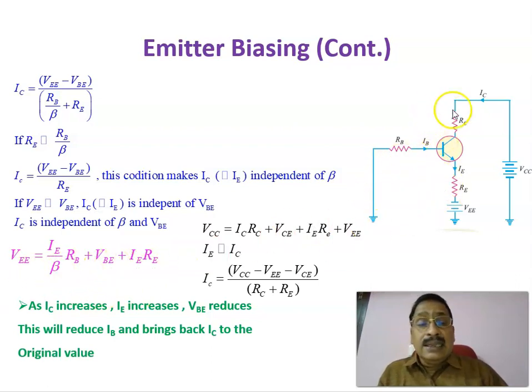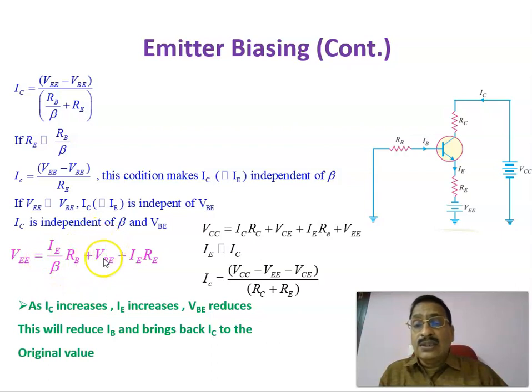And in this case, as IC increases, you can say that IE also increases, because IE is approximately equal to IC, because IB is very small. Therefore, as IC increases, IE increases. As IE increases, the voltage drop across RE increases. As the voltage drop across RE increases, since V is a constant,